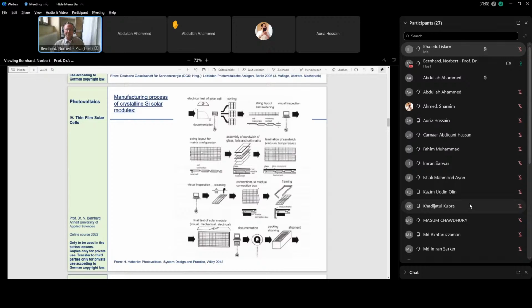That means the parallel strings are put next to each other, and here at the edges a transverse soldering is done, such that again we have a series connection of all these strings. And you see here we have the layout of this